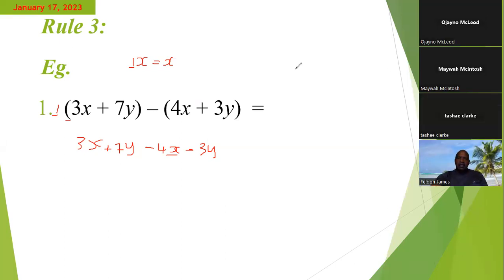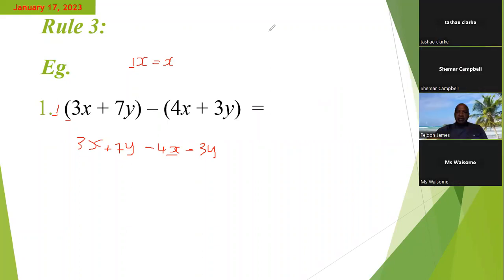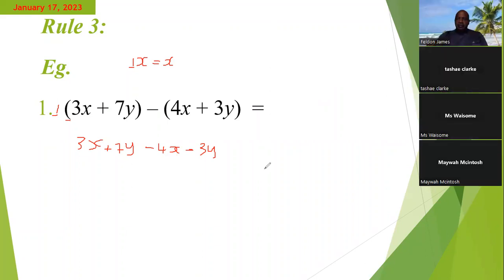All right. So now that we have removed the brackets, then our next step is to do what? Group them, sir. Group them what? Group them according to X and Y. What do we call according to here? Like terms together. All right, so we are grouping them based on like terms, and like terms will have the